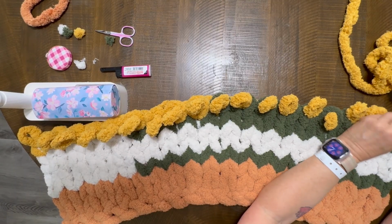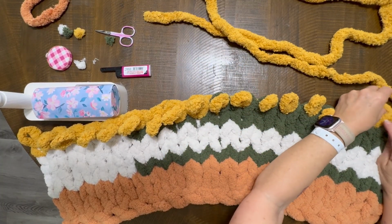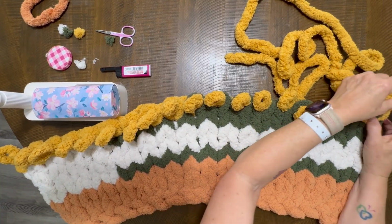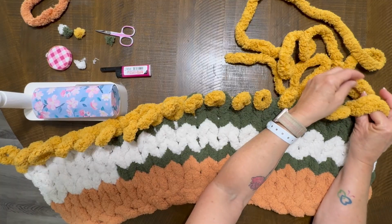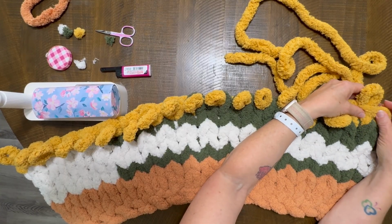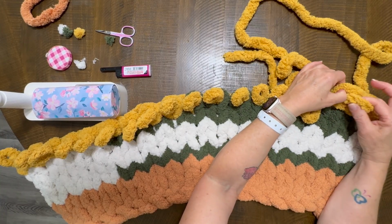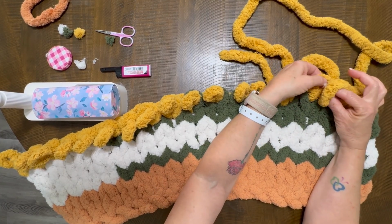Okay, I'm at the end and I think I might be running out of yarn. All right, so what you want to do when you bind off is pull up a loop on that row, and then you're going to take that loop that you pulled up, put it on top of the next loop, and pull up a loop. So you basically have cast that first loop off, take the one you just pulled up, put it on top of the next one. You've cast now the second loop off, put the one you pulled through on top of the next one,